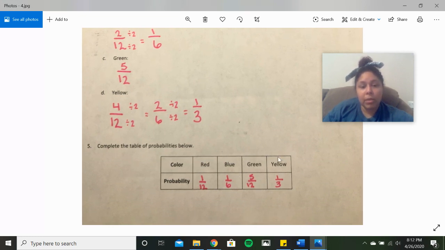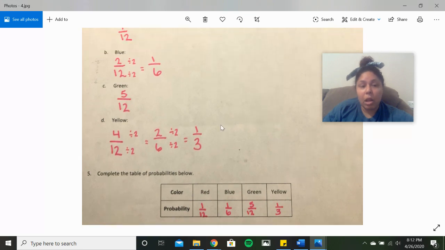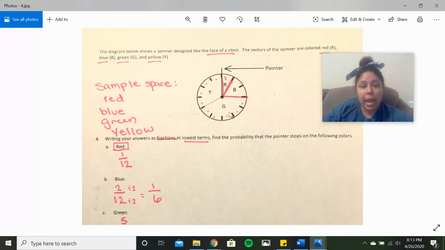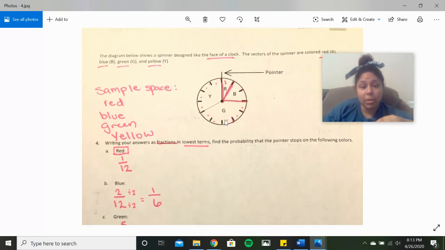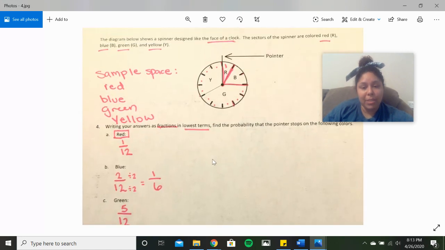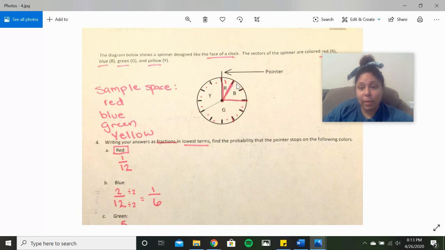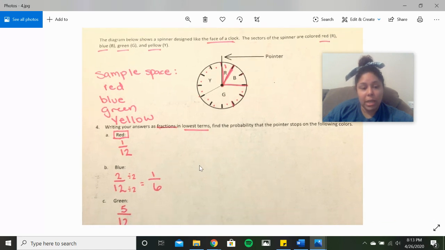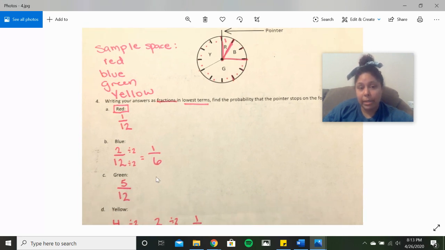So anytime you are given a blank table like this, all you have to do is look at first your possible, because that's going to be your denominator. Your possible is going to be your denominator. So that 12, the 12 sections, is my denominator. And then from there, I start looking at my different options, my different outcomes. And that's going to be my numerator. So green, it was 5 sections or 5 pieces out of the 12. So the probability there is 5